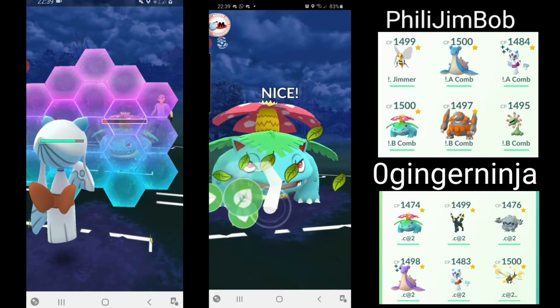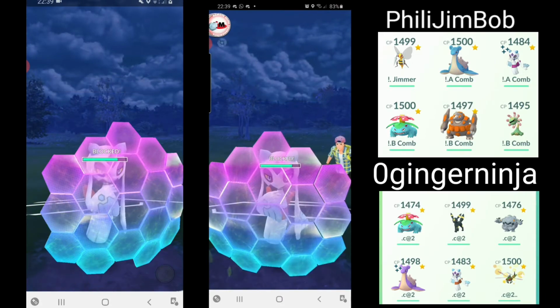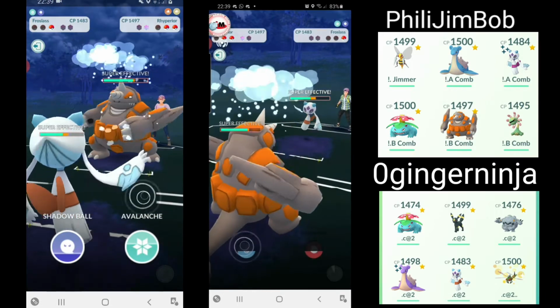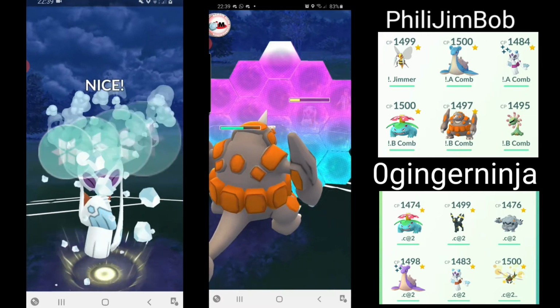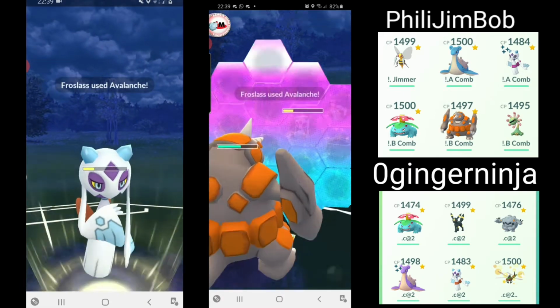Frostlass is going to come in. I've got a shield, and I'm going to farm down. I'm going to have loads of energy, and it's going to be a nice GG. So I'm going to get back-to-back Avalanches. So he does the right thing though, because he swapped out his Venusaur so I couldn't get any more energy. But he can't smack me down